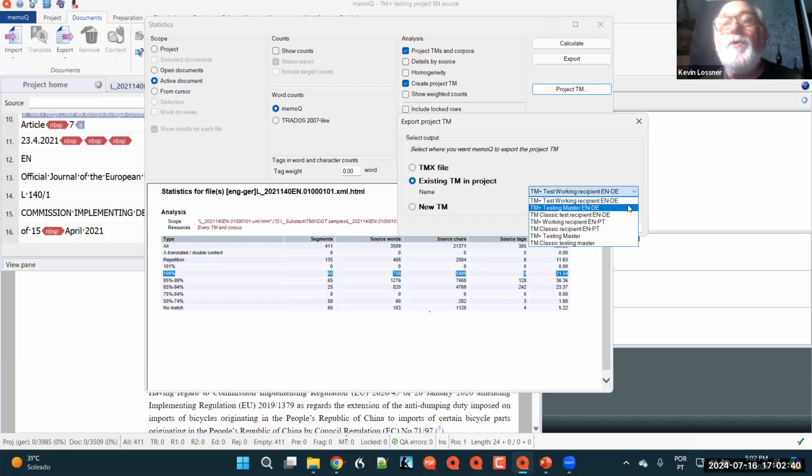Okay, so what do we have here? We have TM Plus working recipient EN-DE. Okay, so this is the one. So this is a TM Plus. Okay, it's the working TM in this project, and this is where we want to export the project TM. Okay, so this is something you might do, for example, if you're a project manager setting up